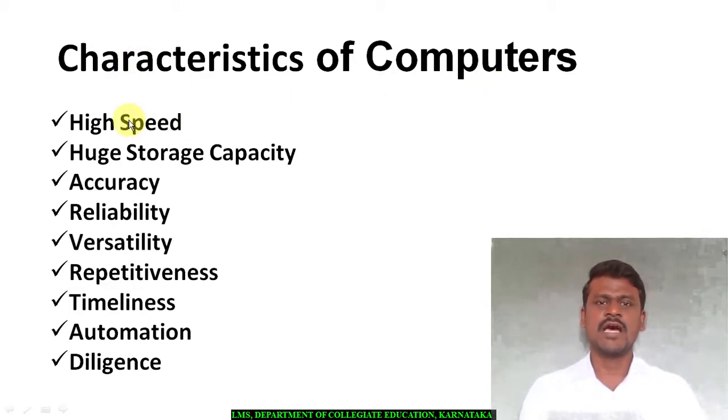The first characteristic is high speed. High speed means, for example, computers are used for calculation purposes and they can make calculations within a fraction of seconds. For example, if you give a very large calculation to a human person like us,